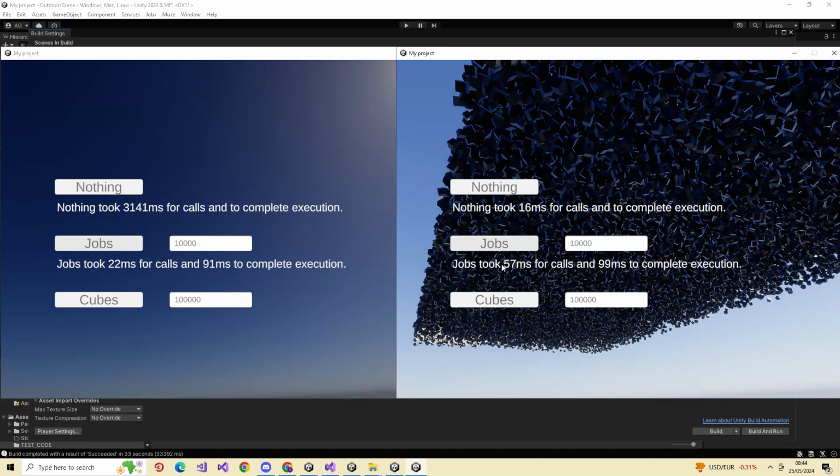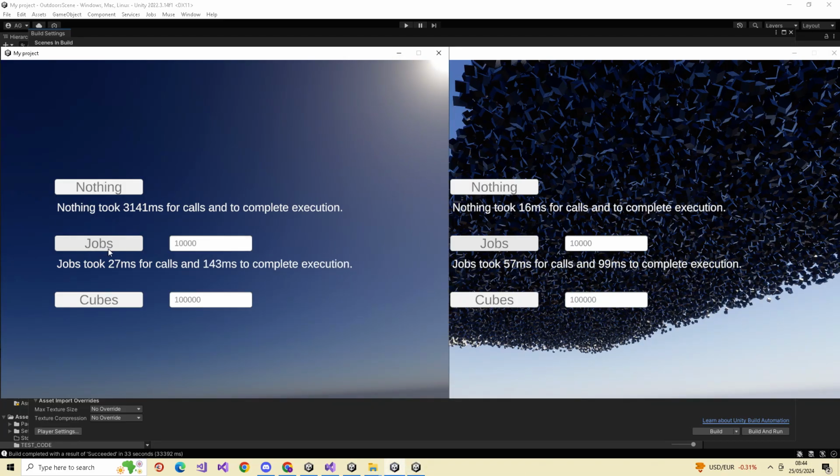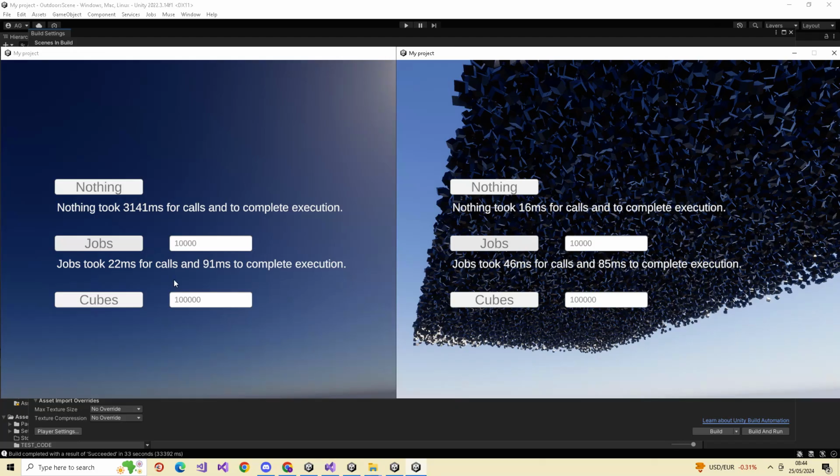All I could really say is that the time for completion is about the same, but these IL2CPP ones seem to make the calls usually quicker, possibly because of the IL2CPP call structure, the code surrounding the jobs. Just a point.